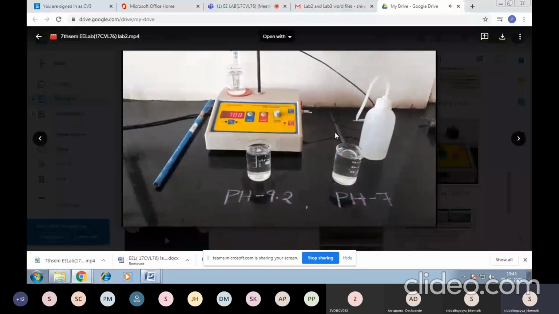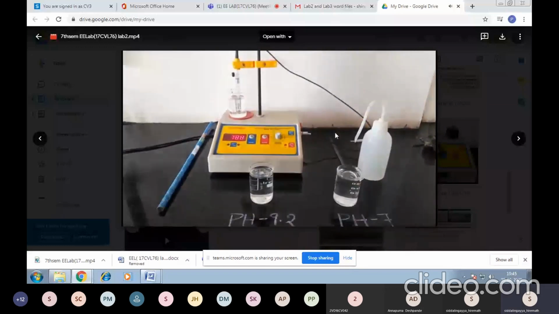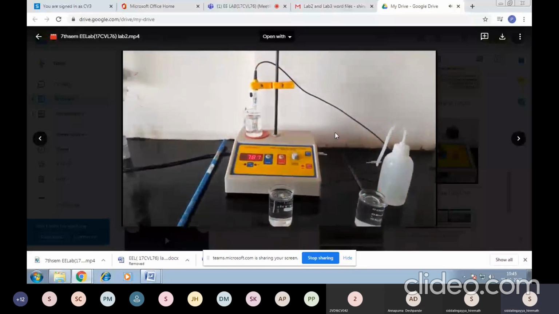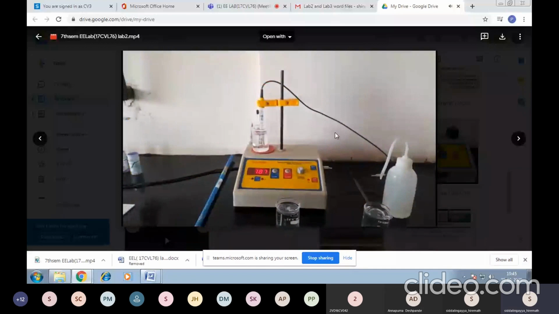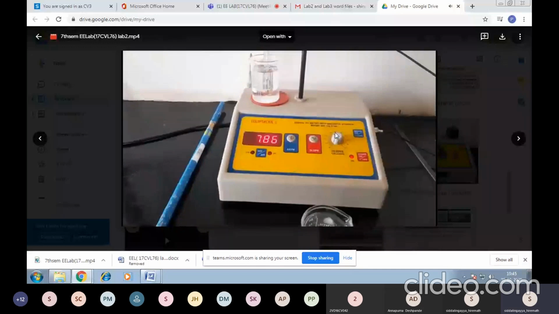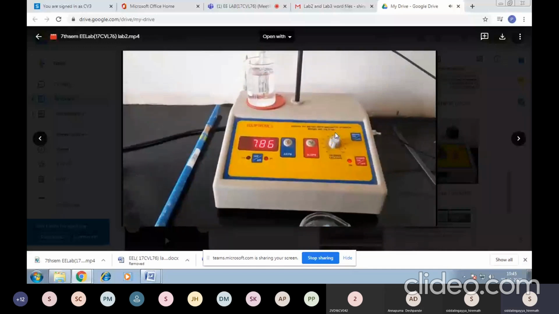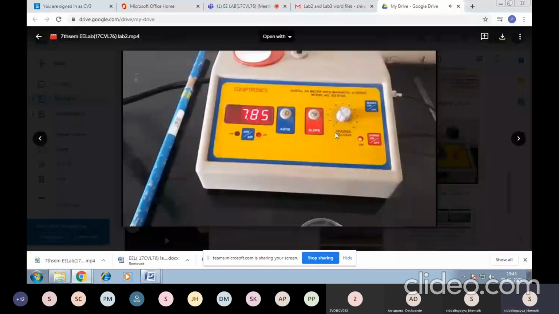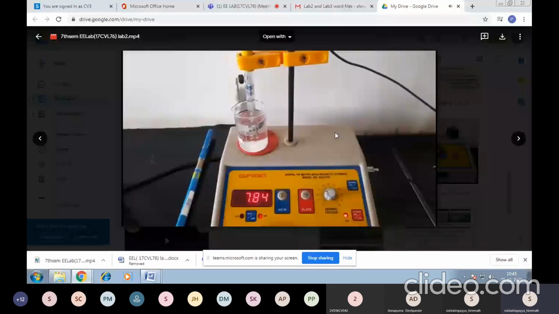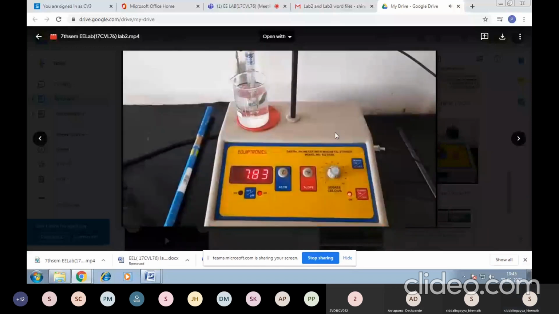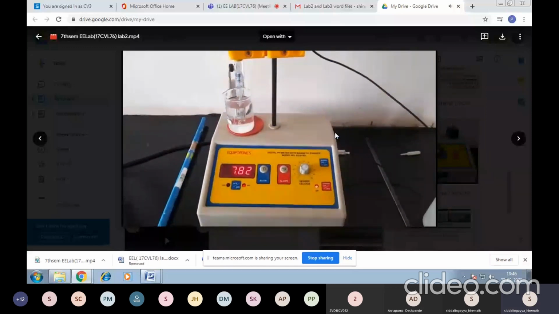Next one is calibrating the instrument. To start with, just power on the instrument, and second one is mode, that is, select the function to be performed by the instrument. In pH position, the pH reading of the solution in which the electrode is immersed appears on the display. In MV position, the reading in MV, the drop developed across the electrodes, appears on the display. The polarity of the millivolt drop also appears on the display in MV mode.